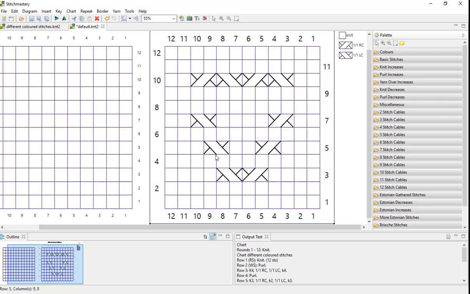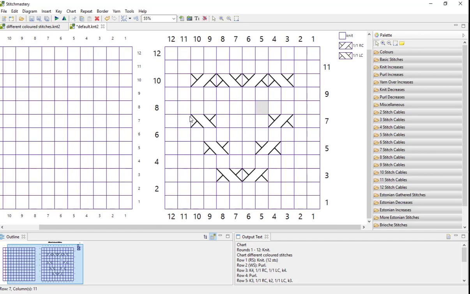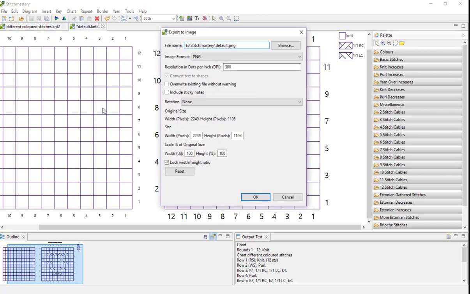Now, one thing that you'll obviously want to note is that these charts are getting smaller and bigger, and that will have a knock-on effect when you come to export your charts and place them in your pattern layout. Depending on how you set up your pattern layout, you might be able to resize the charts in that program when you get them into place. But remember that when you export to image, you have control over the pixel size, or you can change it by scale as well.